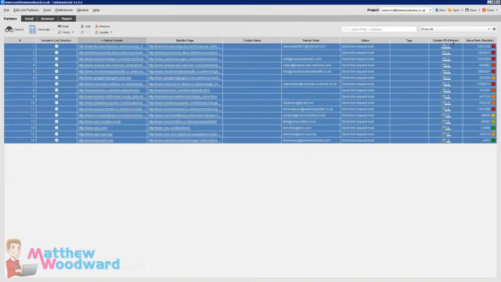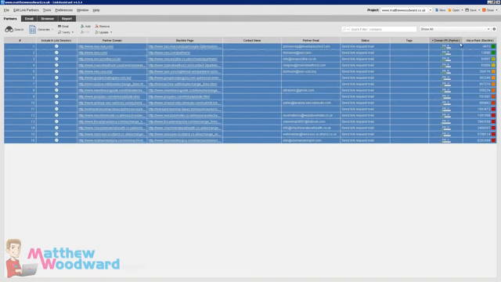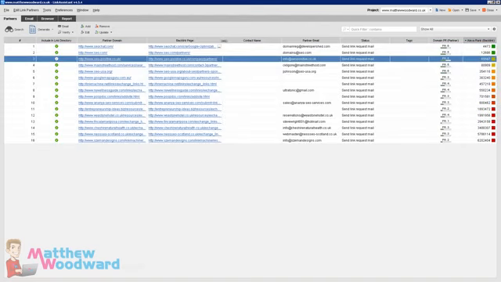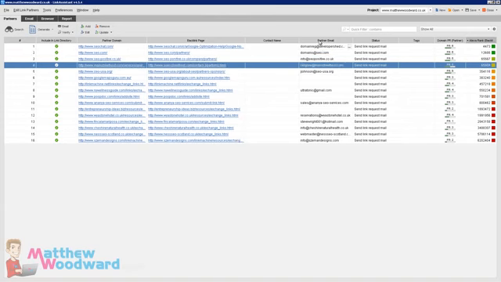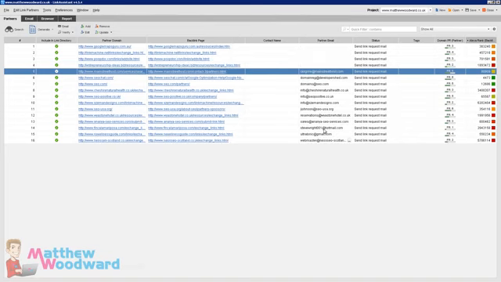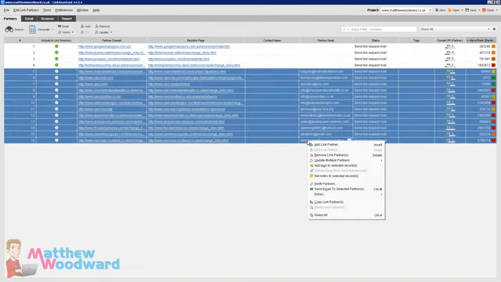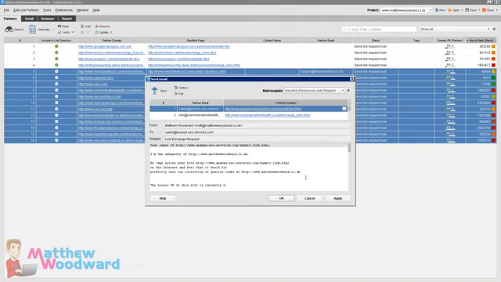And now we can sort by domain, PR or Alexa rank. So you've got a couple of options now. You can either visit the various backlink pages that it's found, and you can see here some resource pages and link exchange pages that you can probably just visit and submit your link to. Otherwise, you can send them all an email. We can see it's automatically extracted emails here, so we can highlight those, right click, click send email to selected